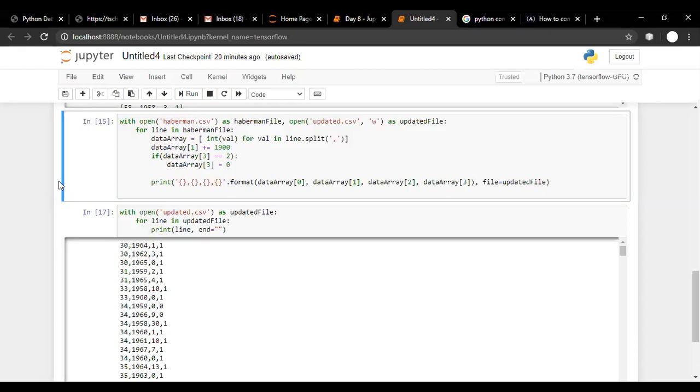So Darshan, there is a comment: sir, can we copy the content of one file into another file? Yes, Darshan, you can copy the content of one file into another file. There are direct methods. Directly you can copy and paste the file. Like in Python, there are functionalities to create the file, to delete the file, to rename the file, and to copy the file. We don't need to write loops over there. There are single line commands.